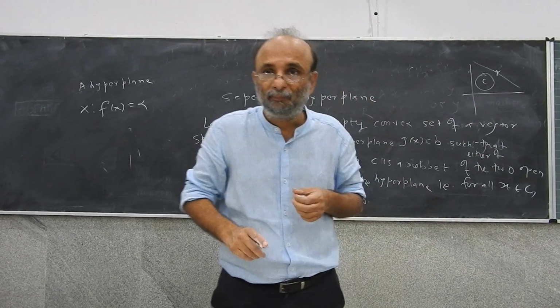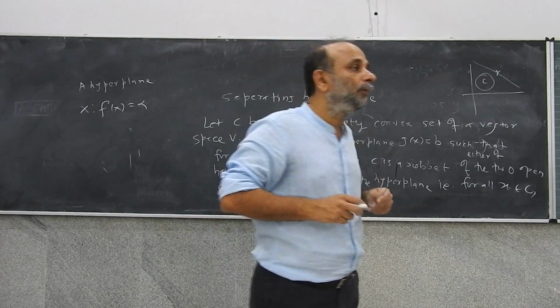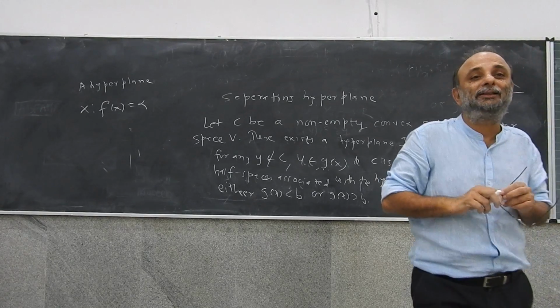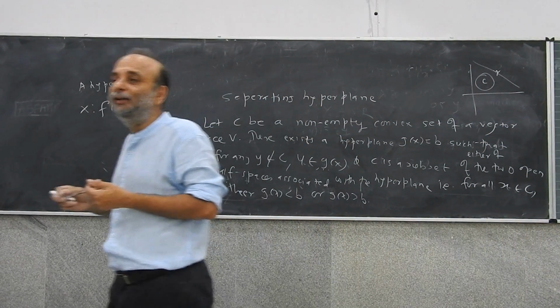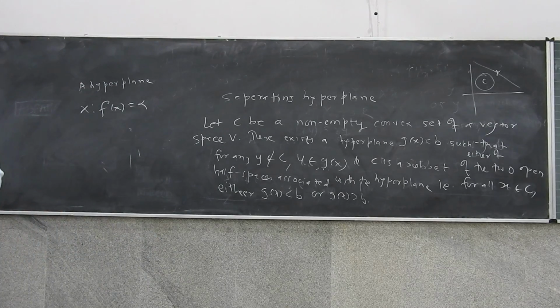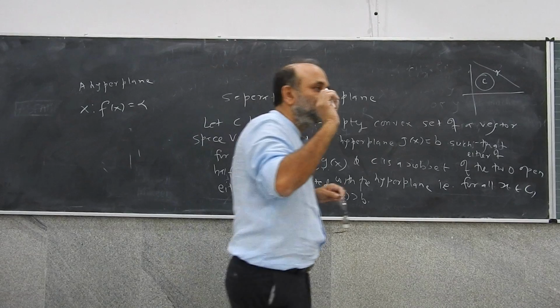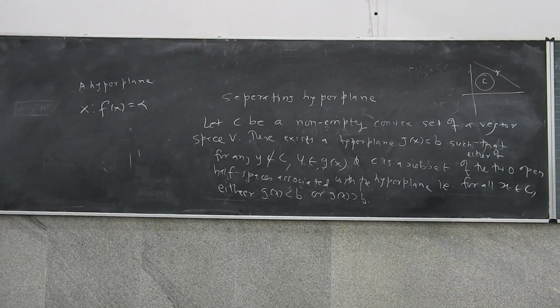Does that make it clearer? Now, think of an indifference curve as a hyperplane. What will be the two open spaces around that hyperplane? What will be the two subspaces or two half spaces that the indifference curve divides the vector space into? So what will be the hyperplane associated with the indifference curve? The set of all consumption bundles which give you alpha amount of utility. So what will be the two half spaces?